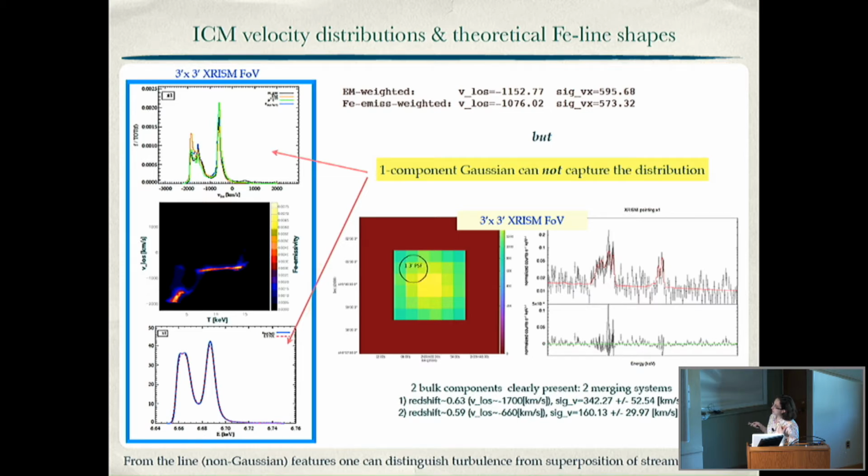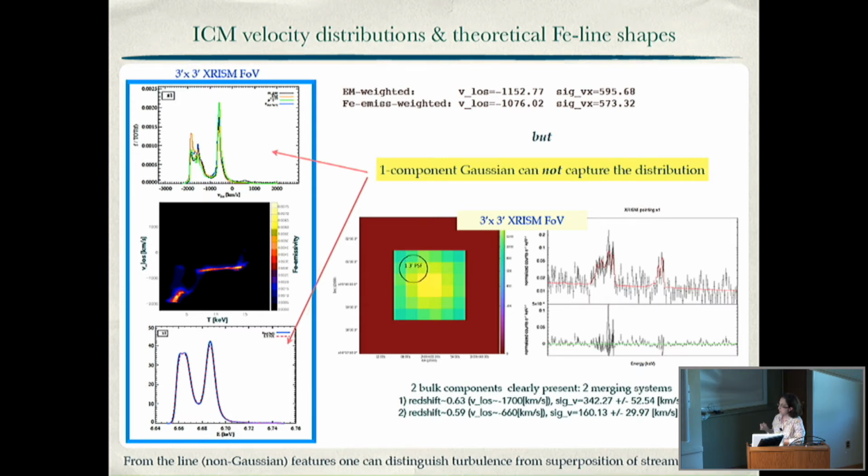This is, again, the spectrum with the best fit. And in this case, of course, you wouldn't like to fit with a single BAPEC model because you know already and you expect to have, in this case, two different components, both in temperature and normalization and velocity values. So in this case, you would use two to identify the two velocity structures, and results again are consistent with what we expect.